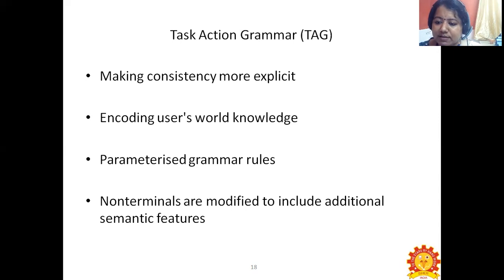Here, the non-terminals are modified to include additional semantic features. So these are the steps under the TAG: first, making consistencies more explicit; second, encoding the user's world knowledge; third, parameterized grammar rules; and last, the non-terminals are modified to include the additional semantic features.